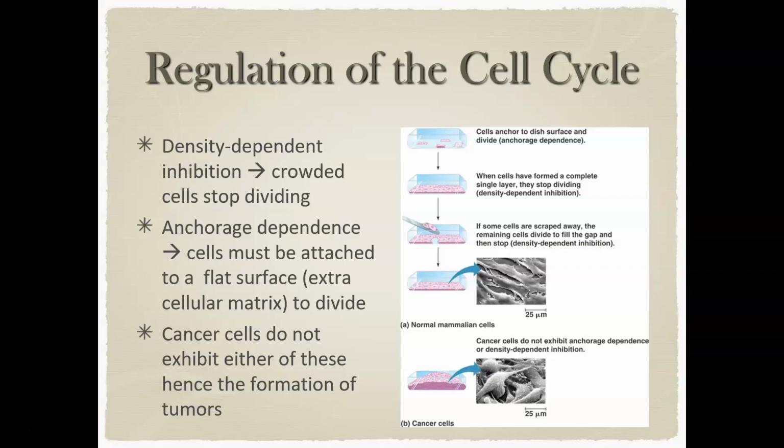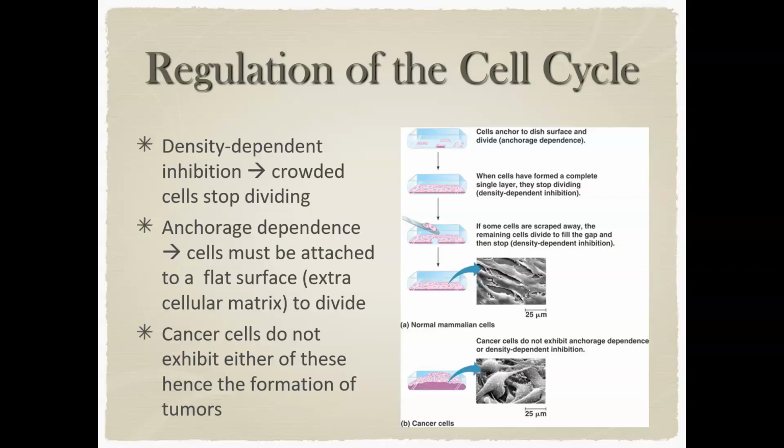Cancer cells don't recognize that density-dependent inhibition and create these tumors or these masses. The other thing that often is associated with cancers is the ability for cancers to spread to other parts of your body, what we talk about as a metastasized cancer. And what's happening here, when those cells are able to break off of these tissues, those cells are losing their ability to recognize this thing called anchorage dependence.